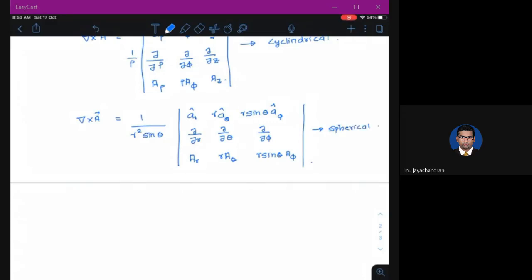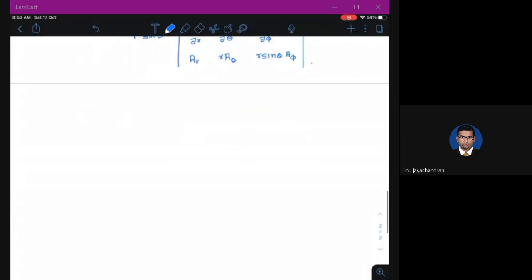You don't need to know the derivation of all these things. You can just make use of these formulas in your problems, because you will have a good amount of problems from this session, because it's mostly equations, etc. Okay. Now, if you look at some of the properties of curl,